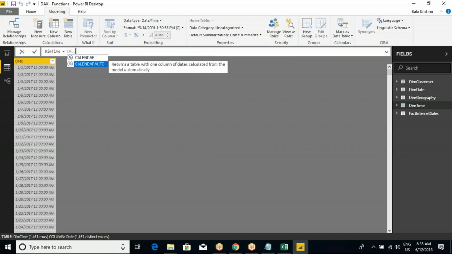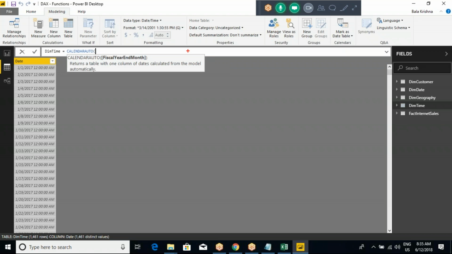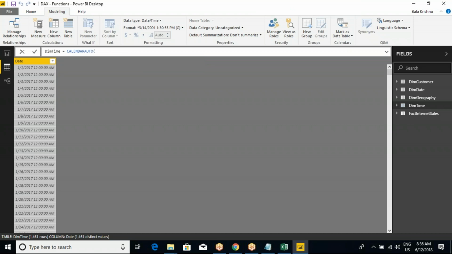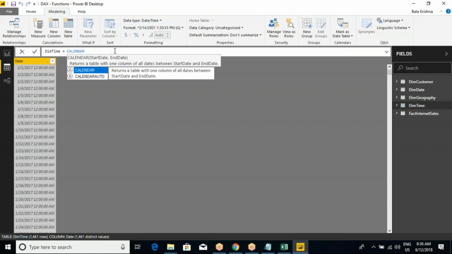So calendar auto. Now listen, read the description and tell me what is happening here. Returns a table with one column of dates calculated from the model automatically. This is very important. So if you remove the auto, you can see this one. Returns a table with one column,